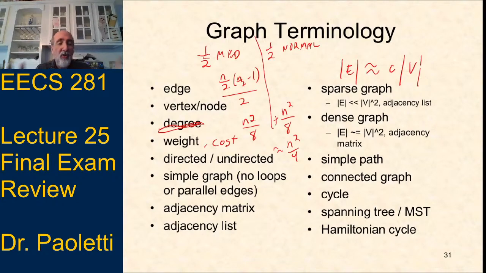So there is no strict definition of where the line is between dense and sparse. But in general, we're not going to give you a graph with like 100 nodes and some number of edges and ask you to categorize it. We just want you to understand that the dense ones happen to be proportional to V squared, and the sparse ones are more proportional to V. But there is no one place to draw the line between them. But knowing whether a graph is dense or sparse tells you what algorithms to use on it.